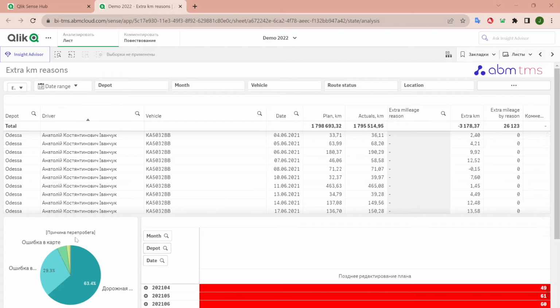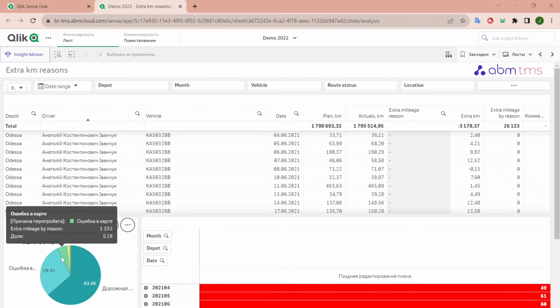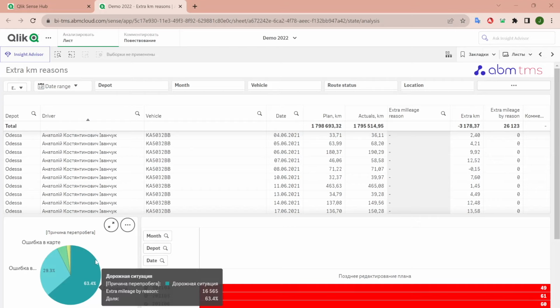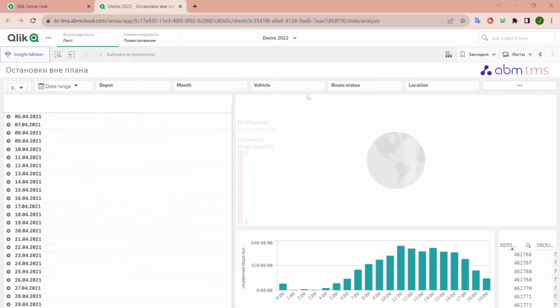Also, you can see here, in the pie chart, the situation of why it happens. For example, there were some mistakes in the map or some mistakes in GPS trackers and so on. So here you can see the percentage equivalent of all reasons why the extra mileage happened,